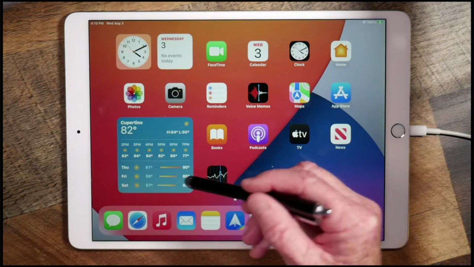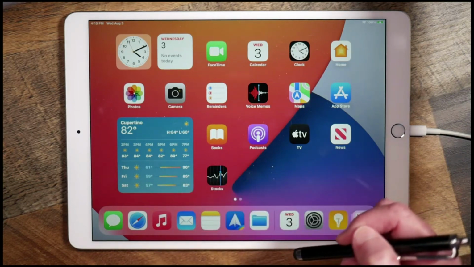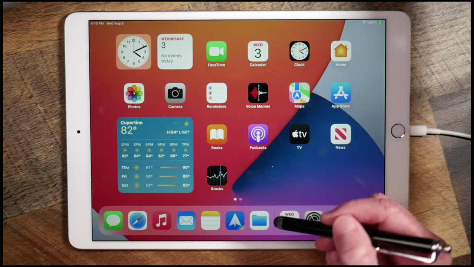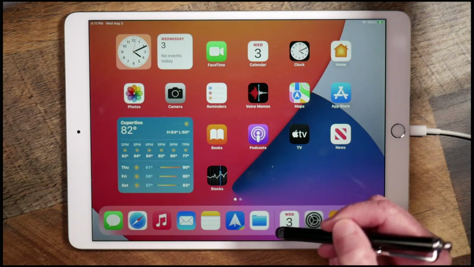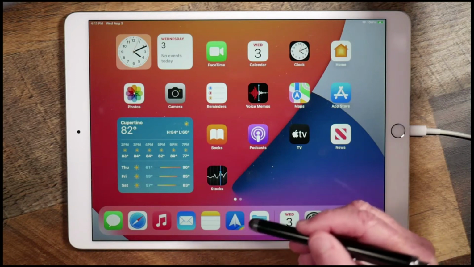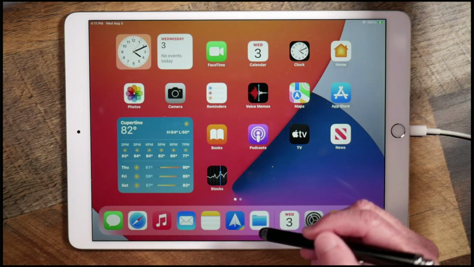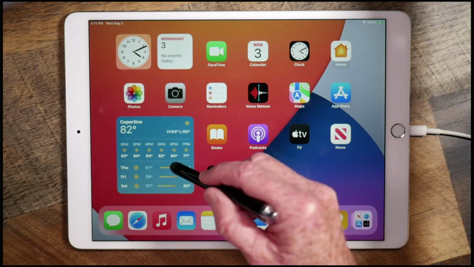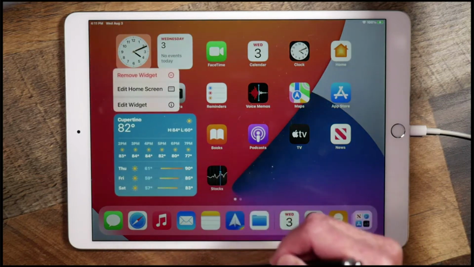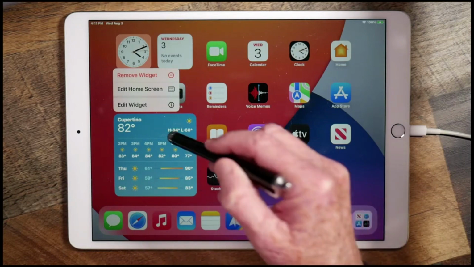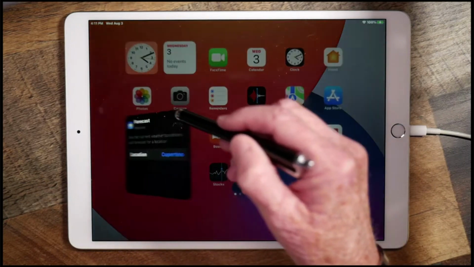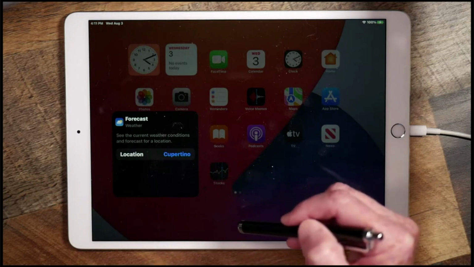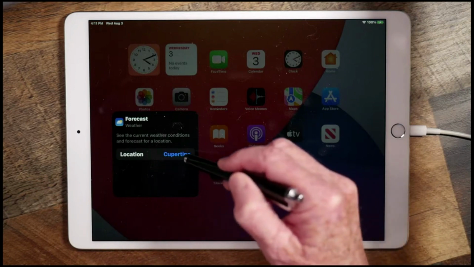I don't know if any of you are using widgets. Hopefully you are. They really are fun little things that you can put on your home screen that allow you to access little bits of an app. So if I push and hold on the weather widget and I tap on Edit Widget, and I come into the location area and tap on Cupertino,